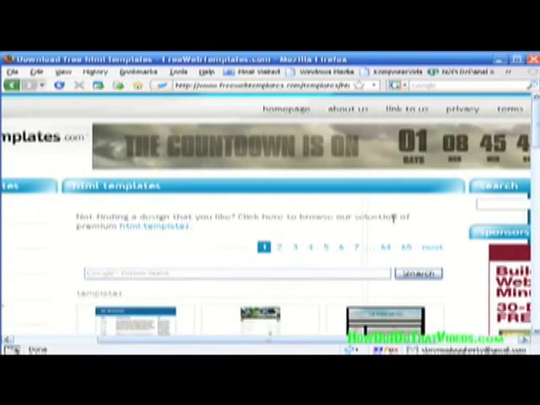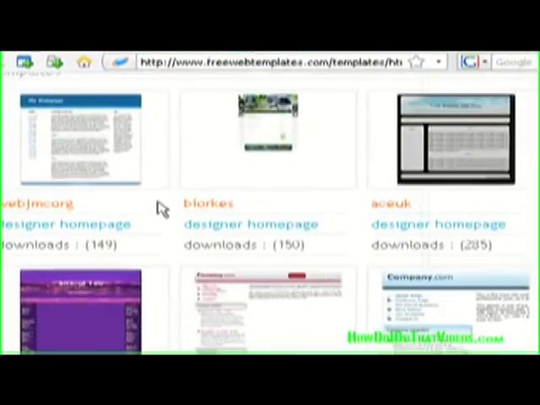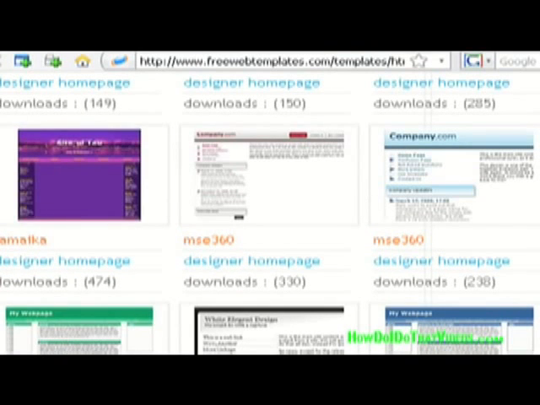Not finding a design you like? Okay, I want a 2-column small header nav bar at the top. So what do we got? Pretty pictures,